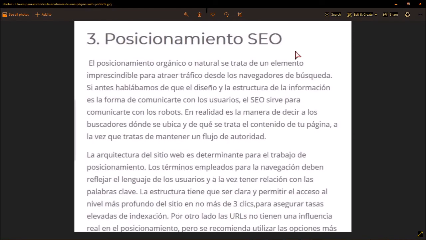No, I'm saying that the third point is about SEO positioning. SEO stands for Search Engine Optimization, and SEO positioning is about making our web page visible in a search result. I mean, the purpose is that when somebody searches for our products, our website appears first or within the first positions in a search result, so that the user sees our page.